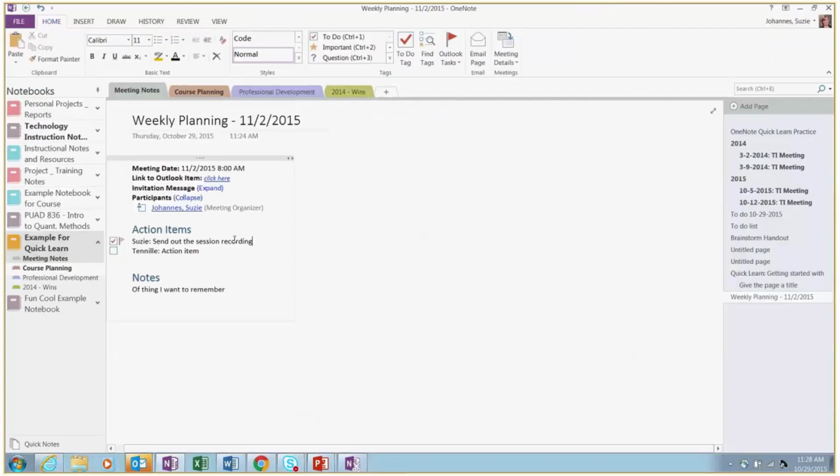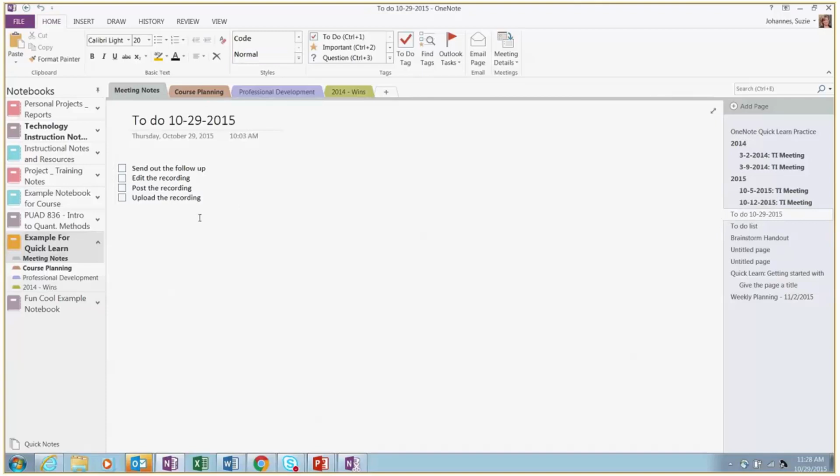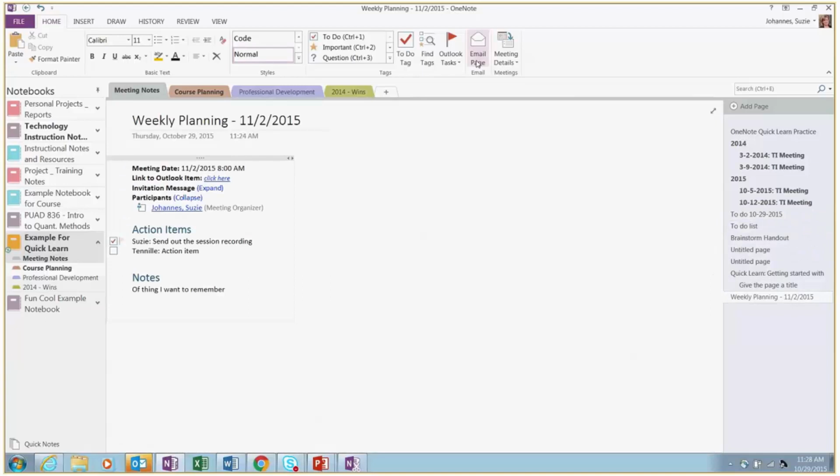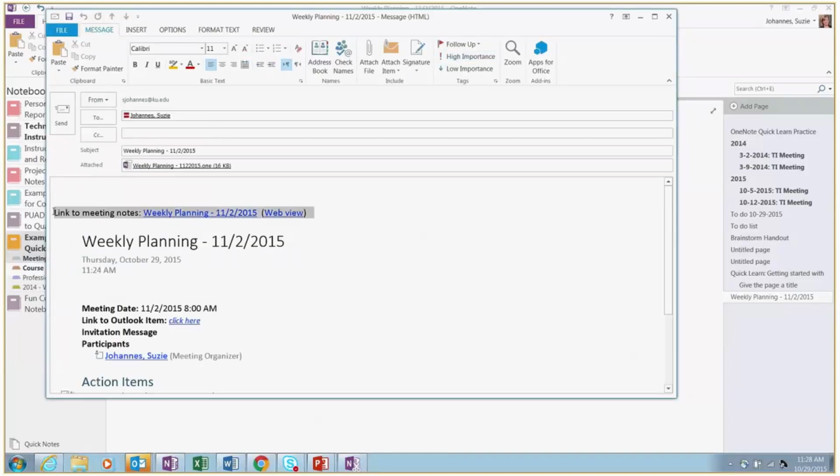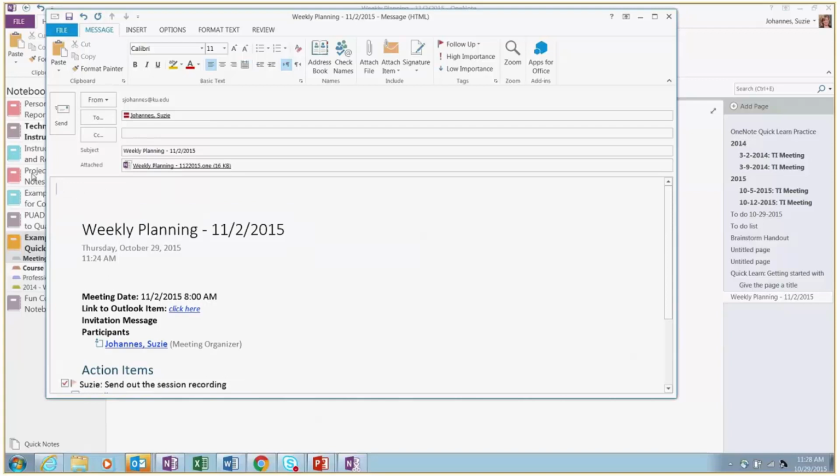The pro also is that it's super easy, especially from your mobile device. So I created a simple to-do list here from my mobile device. I'll show you what that looks like. But these check boxes are just so easy to create, just to follow up with action items you need to take action on. And then, like I mentioned, the cool thing about those meeting notes is that when you go to email page, this isn't technically sharing the notebook. It does provide a link to the notebook. You can delete that if you don't really want them to update your notebook, but it's sharing the content of that page with anyone who's listed as a participant.